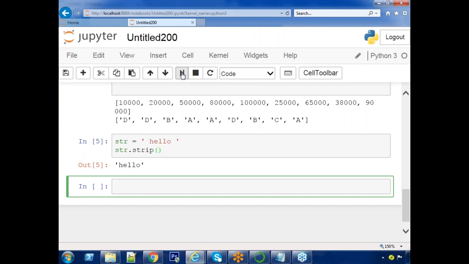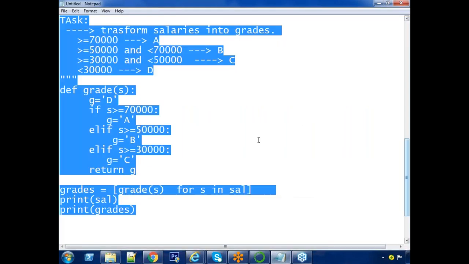Okay. Simply it removes left side, right side spaces. Just like in SQL or other programming languages, you have trim, ltrim, rtrim functions. Similarly here, strip. Okay. Yeah. Note down this task.